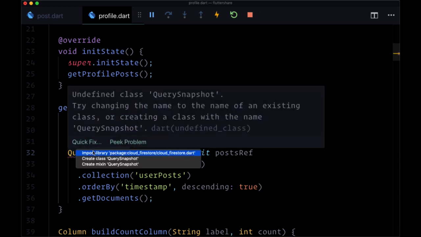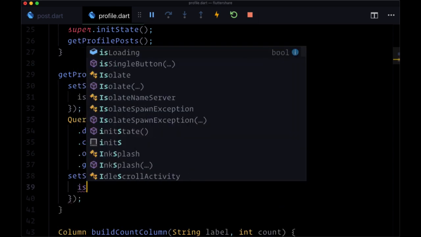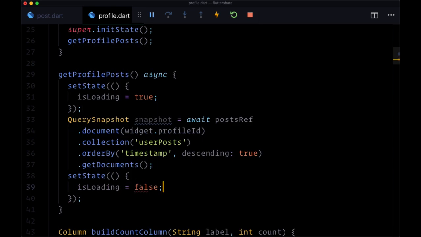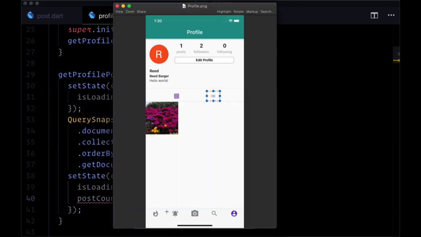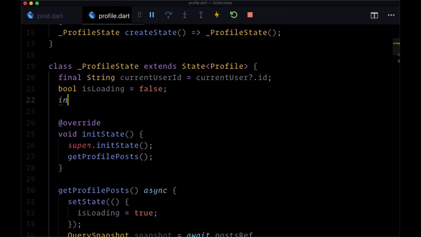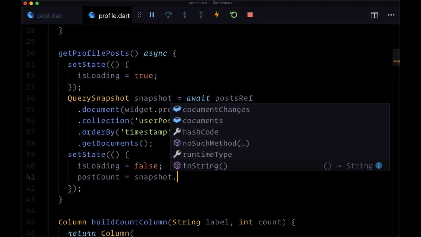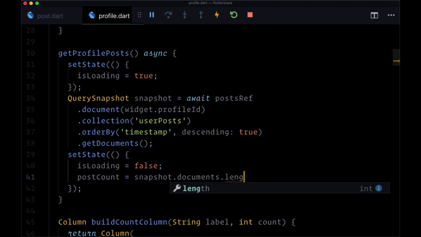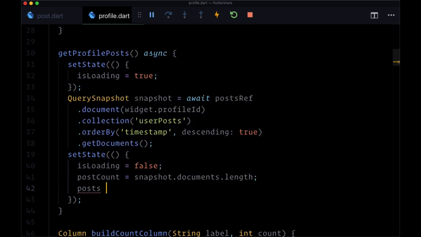So we'll import Firestore here. And then finally we're going to set state with a number of values. First, of course, we'll set is loading to false once we have our data. We'll want to set a post count value. So that's what's going to be used for profile to display the number of posts that we have. So we'll create an integer post count set initially to 0, and that value is going to come from snapshot.documents.length, the number of documents that we're fetching,